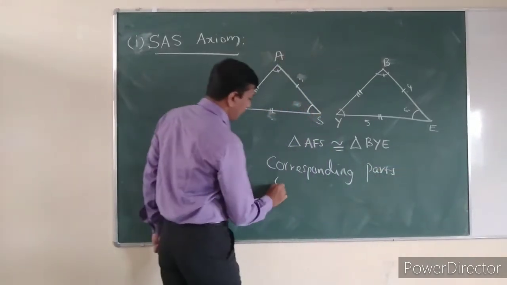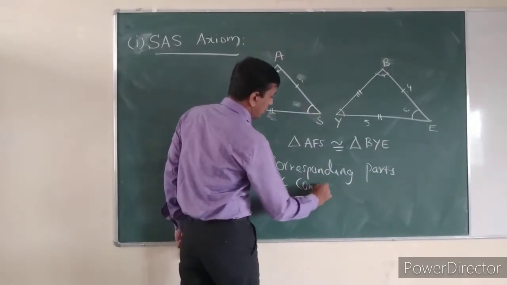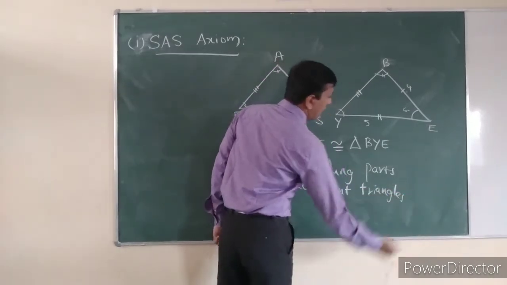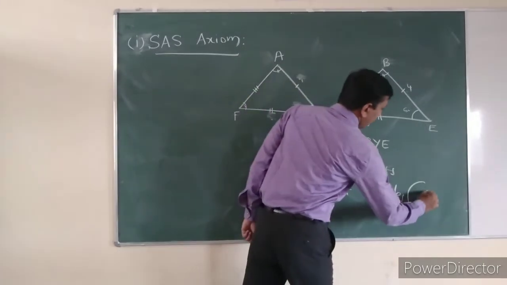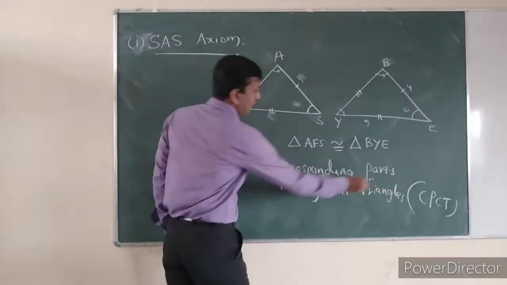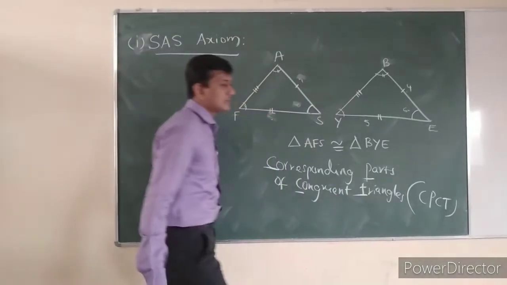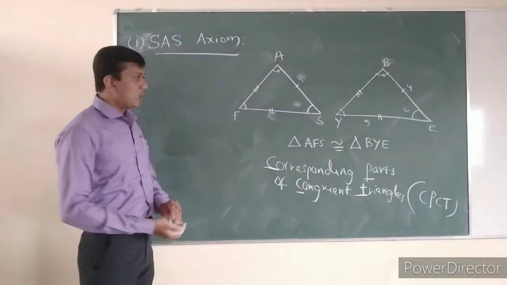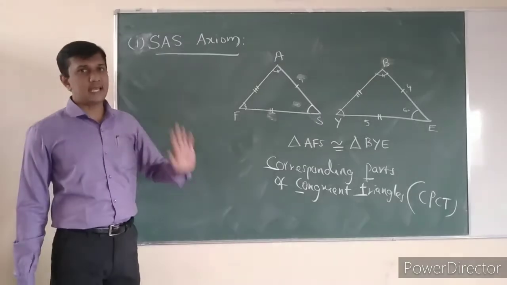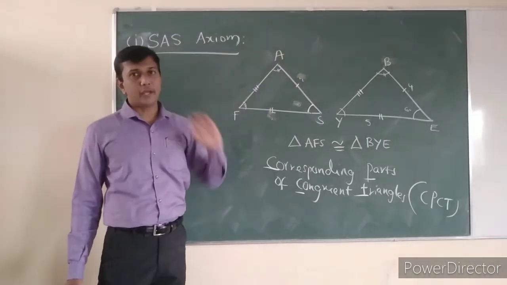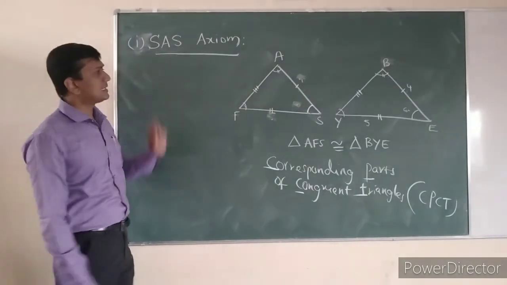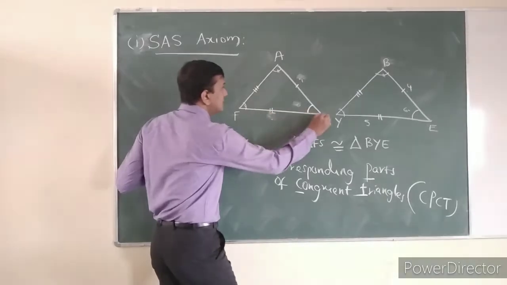Corresponding parts of congruent triangles are equal. In short, we call it CPCT. Corresponding parts of congruent triangles, the CPCT rule we can say. Once the triangles are congruent, automatically we can say that the remaining sides are also congruent. The remaining angles are also congruent. So now we have this example. In this axiom, we have compared only the sides,